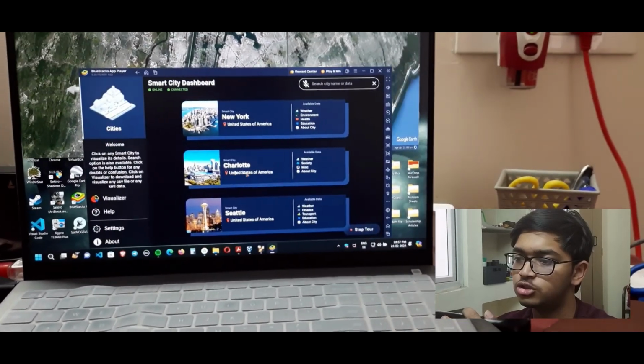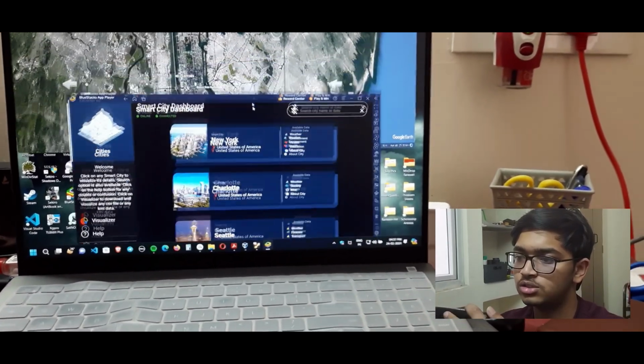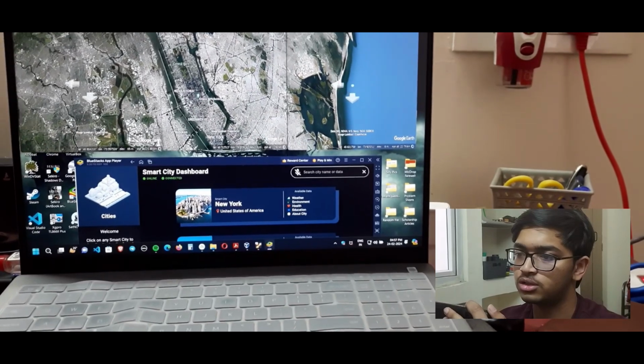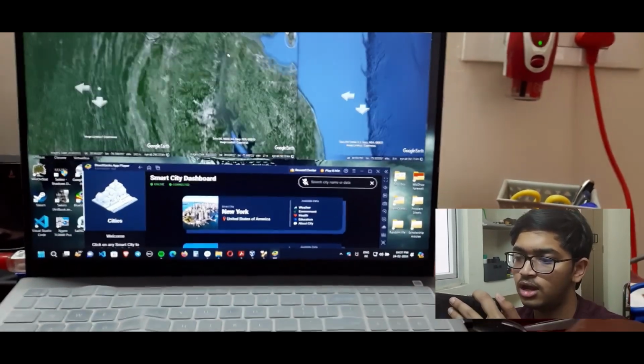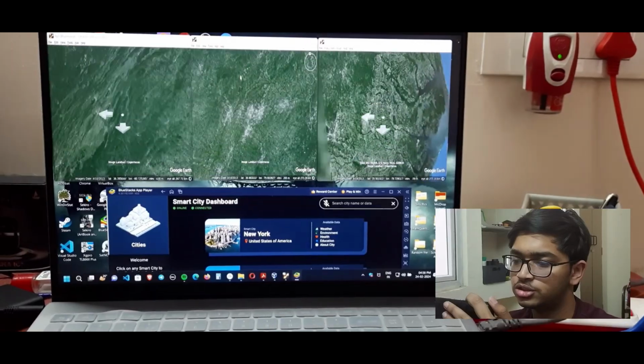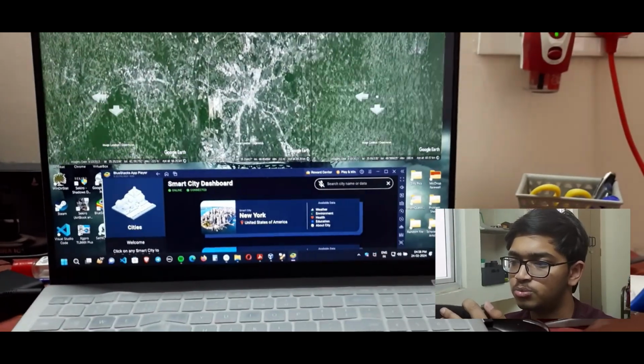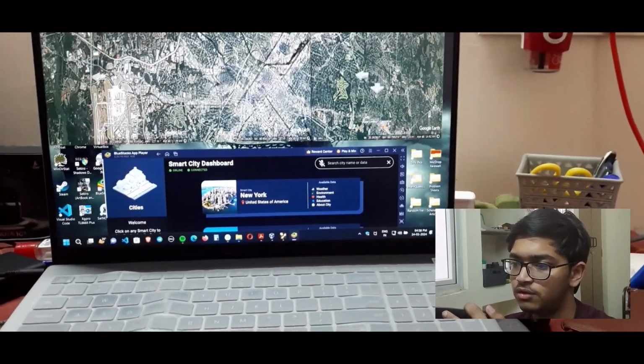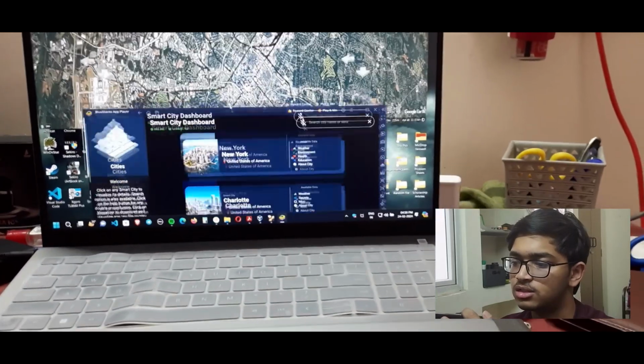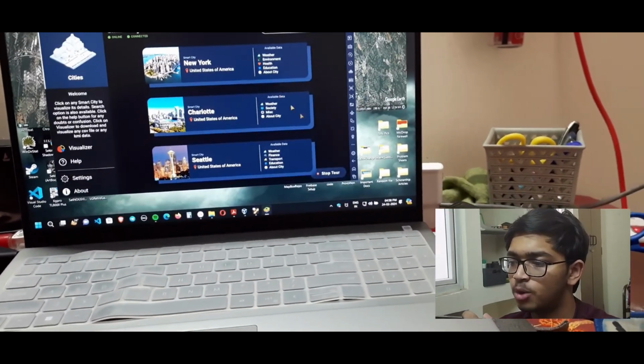The next city that it should take us is Charlotte. So we'll just wait till it stops showing us New York. There we go. It pans out and it takes us towards Charlotte. There we go. So if I zoom in, the tour will not be interrupted. There we go, Charlotte. So it is working as intended. So let us just stop tour,